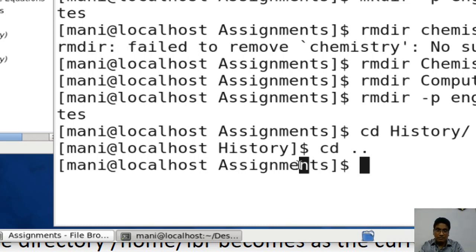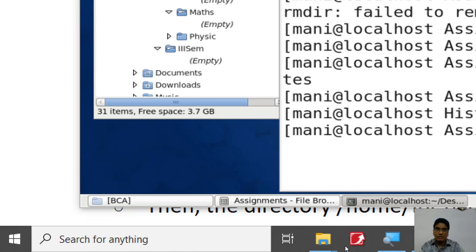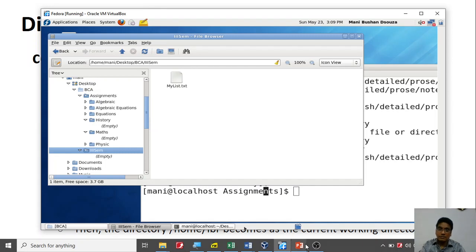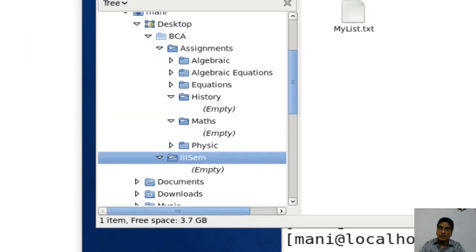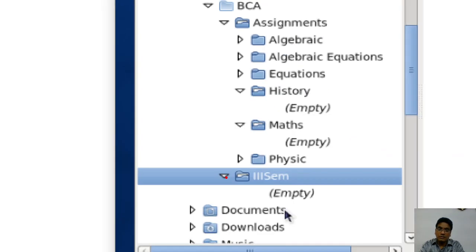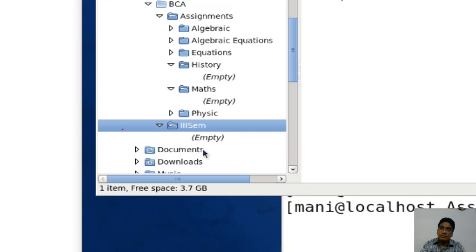So there are various options which are available, and what are the options? One is cd dot dot, to go to the parent. So if you are here, if you want to go to the parent, let me zoom in for you. So suppose you are here, and you want to go to the parent, what do you do from here? Cd dot dot means it will go to this one. So from here you will go to this one. Cd dot dot means from here it will go to its parent.